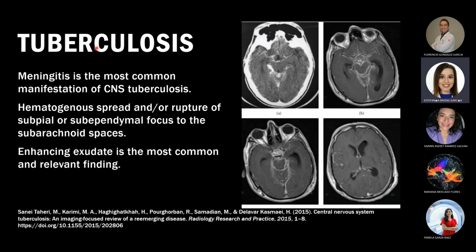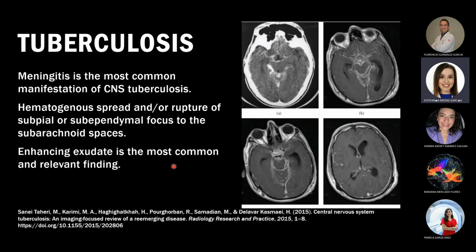Well, to review some things about tuberculosis, meningitis is the most common manifestation of central nervous system tuberculosis. Hematogenous spread is the explanation, and the rupture of subpial and subependymal foci into the subarachnoid spaces gives the leptomeningitis. Enhancing exudate is the most common and relevant finding, like we had with our patient, but we